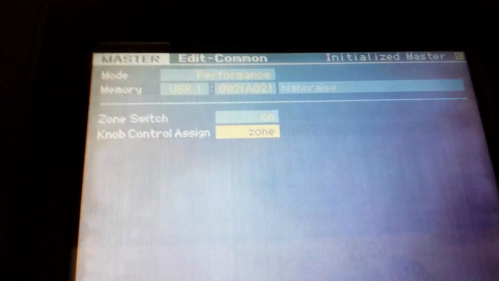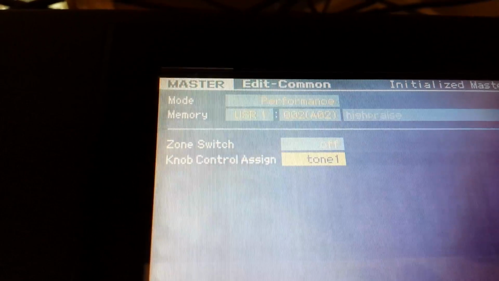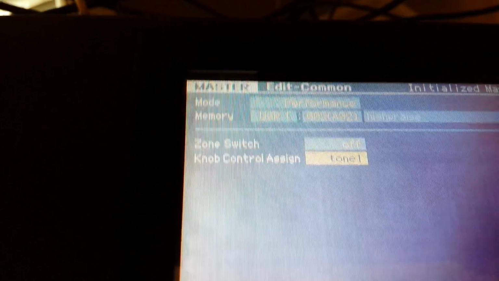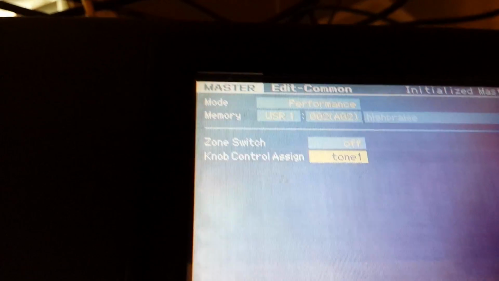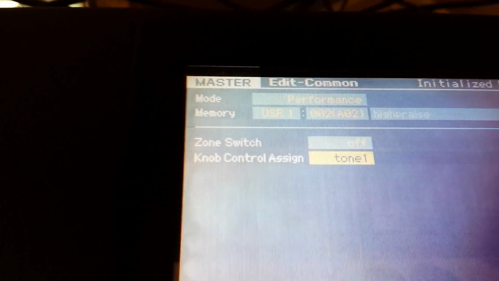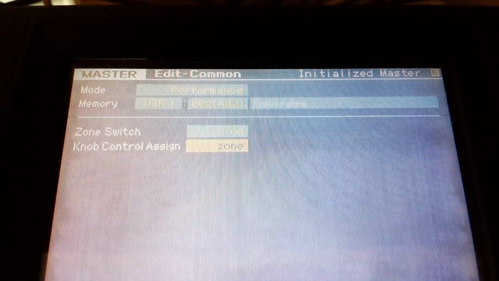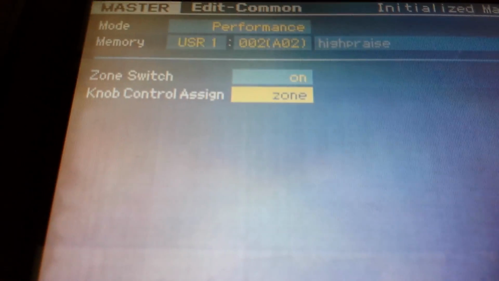See, I'm gonna push them at the same time, and it goes to regular. It turns zone switch off, and knob control is assigned to one of the regular parameters. But if you push them at the same time, it turns zone switch and knob control assigned to zone. See that? So now, if at any given time during a performance, let's see, I'm in zone control and zone